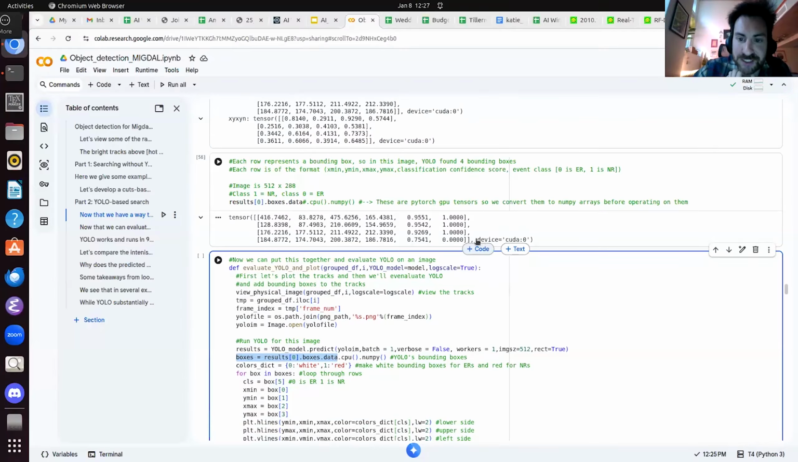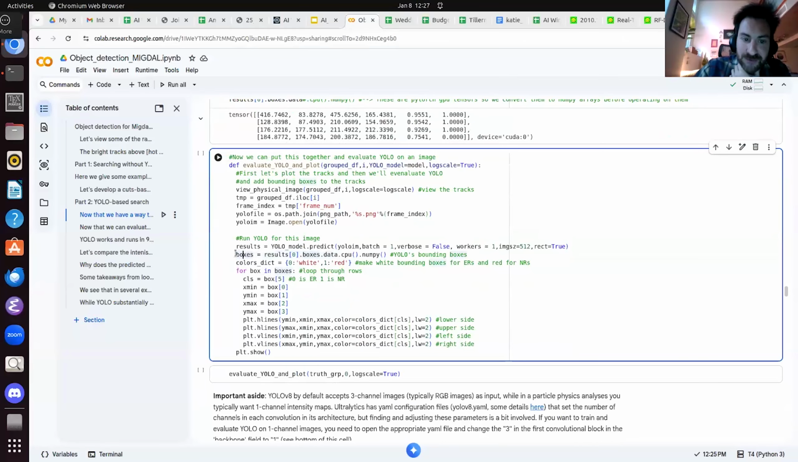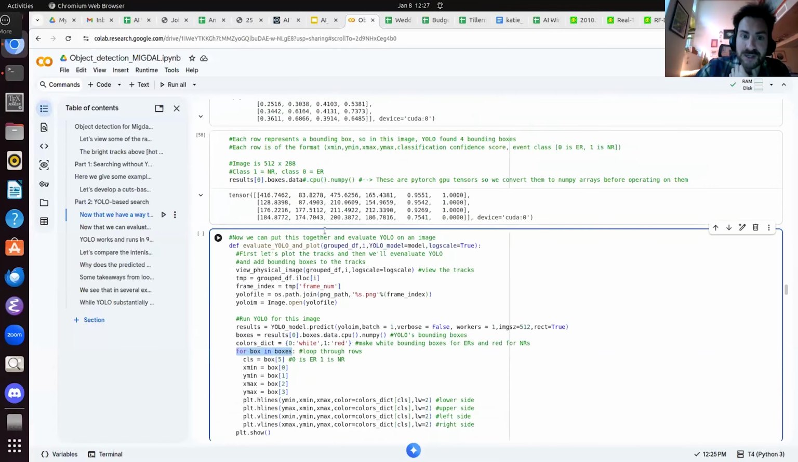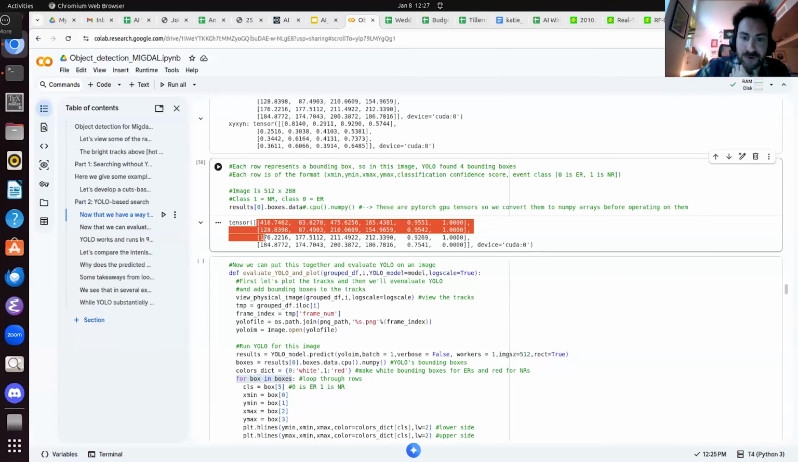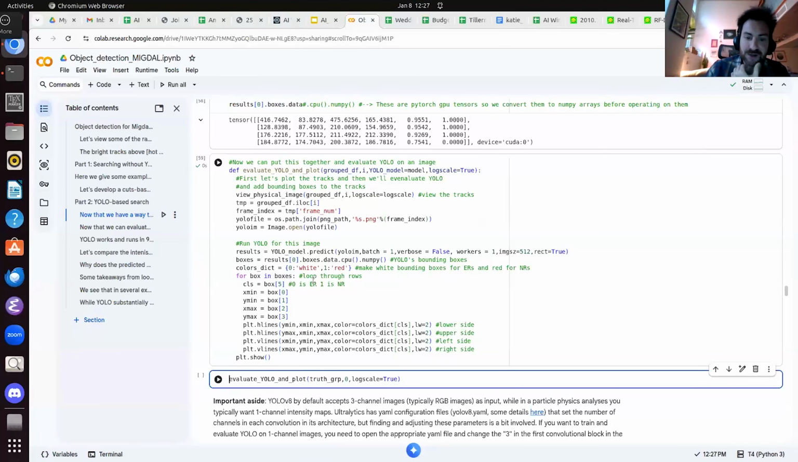One other thing you'll notice, if you have experience running PyTorch, because the back end of Ultralytics is PyTorch, is that this is a CUDA tensor, so it's on your GPU. Oftentimes when you do operations for this, you're going to want to move it onto your CPU and also convert it into a NumPy array. That's what's done here for our boxes. Then we just loop through the rows of these boxes. In this event, there are 4 tracks, and we draw our bounding boxes and plot them. So here is